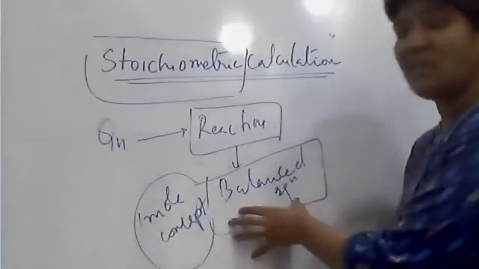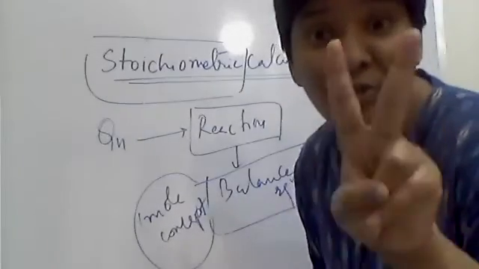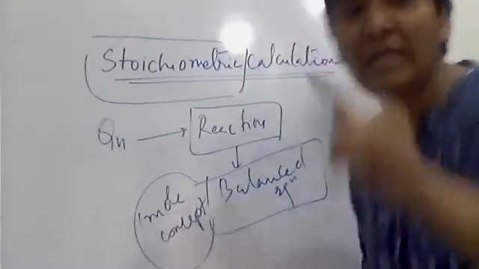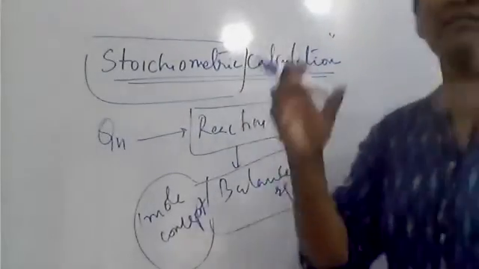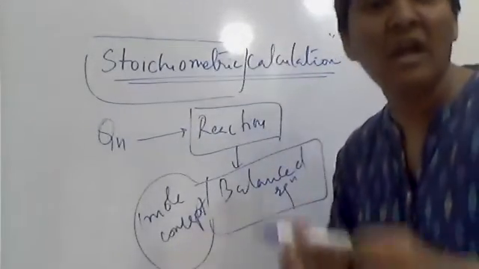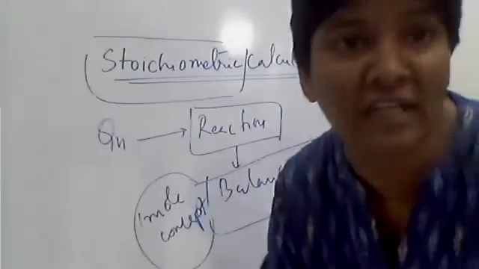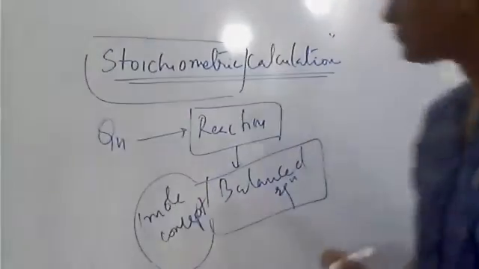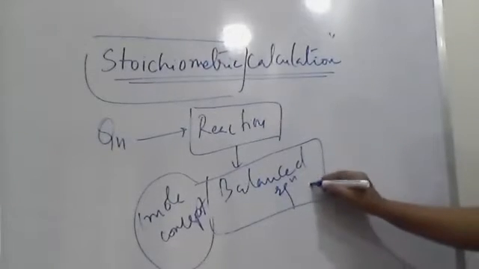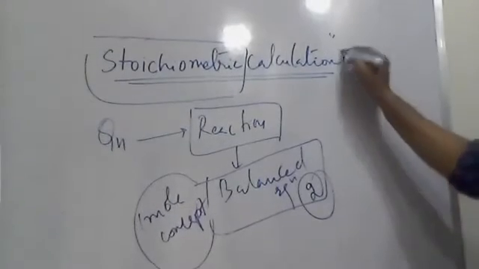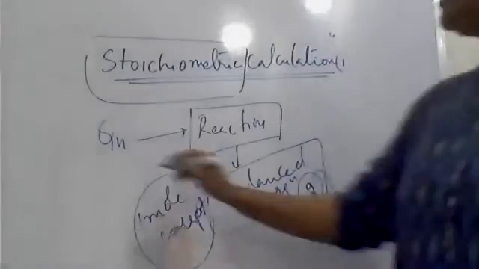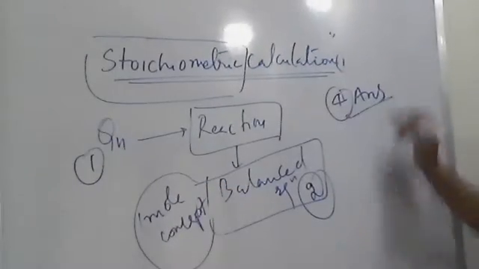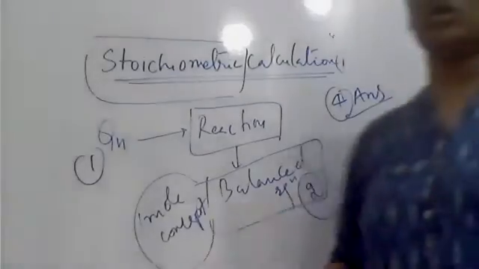So when you balance the equation, you will have two values in your pocket. Then one weight or something is given, and by using this, the fourth one you have to calculate by applying mole concept, simple crisscross method. Then you will get two values, and one is present in the question. The fourth one is the answer. You have to calculate by crisscross using mole concept.